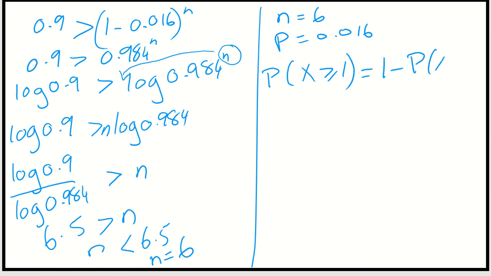So 1 minus the probability x is equal to 0. So we're going to get probability x is equal to 0 equals 1 minus